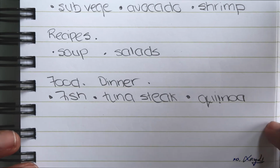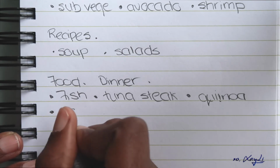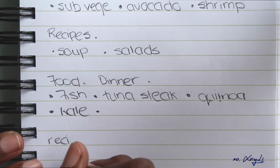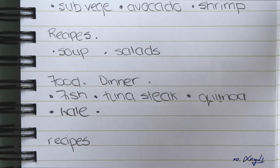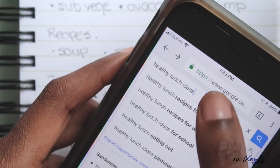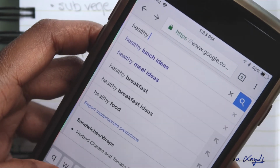And what else? Maybe kale, a nice kale salad. And then so we go through recipes. Like what will we need for those recipes, right? For dinner. And then so what I would do is just Google again. So we would Google healthy dinner